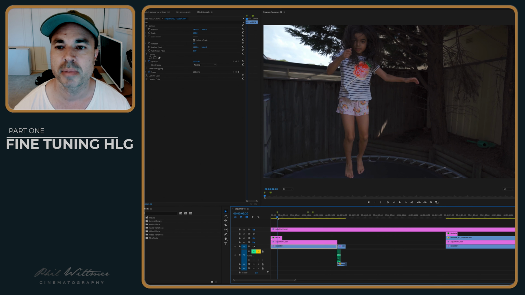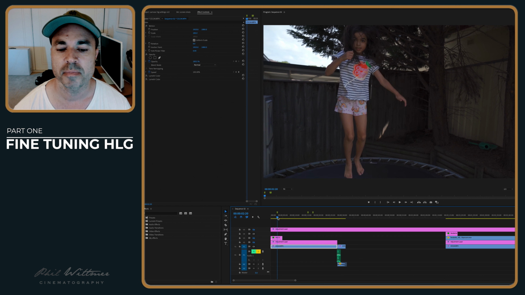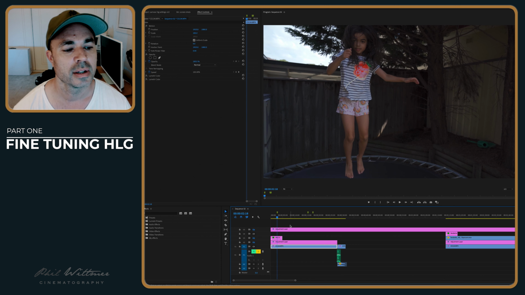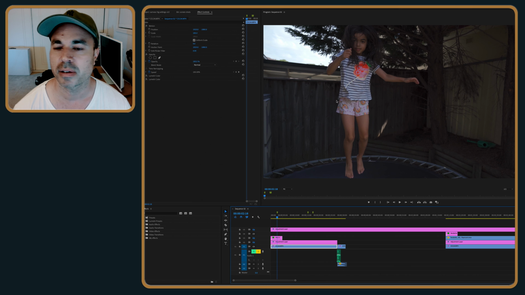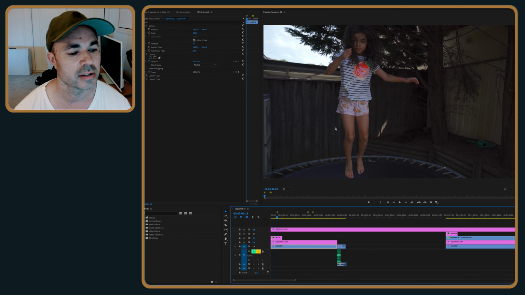So these shots in my backyard, they're not the best shots in the world, and that's the whole point of when I want to use HLG. In these kind of shots, this is almost a worst case scenario when you've got a strong backlight and not much light on the subject or in the foreground. And those are the kind of shots where I choose to use HLG just to try to get the best